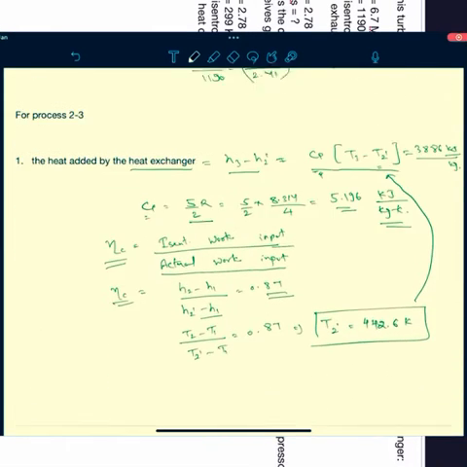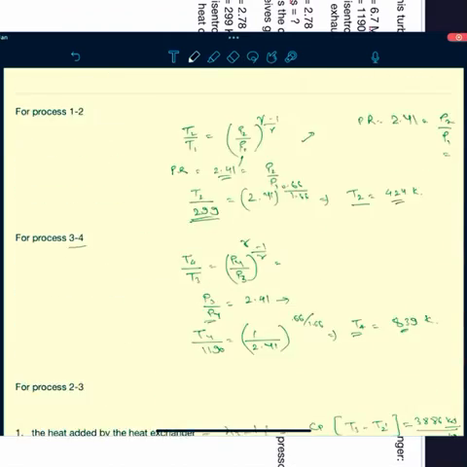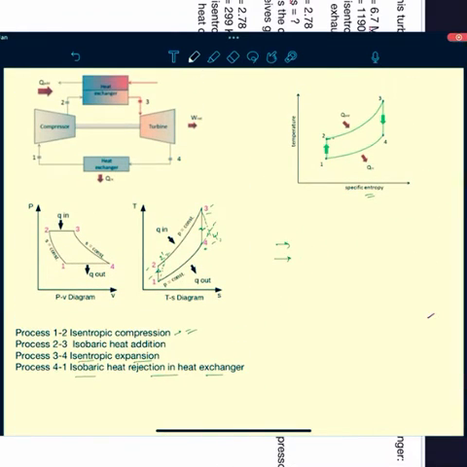So there is almost double the difference between T2 and T4. But in this diagram, T2 and T4 are shown on the same level. So that's why I told you this diagram is wrong. T4 should come out here and this line should join like this in the actual case, because mathematically it is wrong. So this diagram is correct.